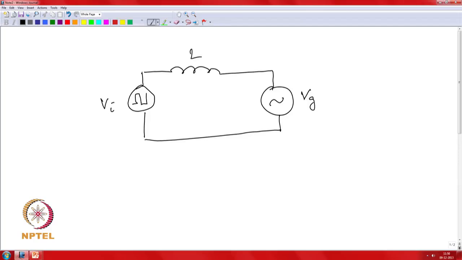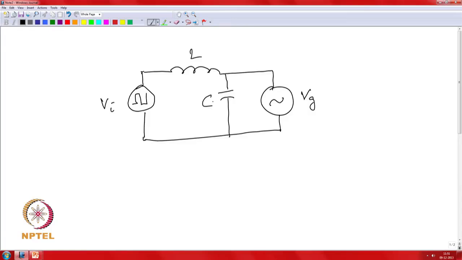The first question is where to place the C. You definitely could not place the C on the inverter side, because you have to switch from a voltage source to a current source. So, you cannot have the capacitor here. So, you could think about possibly connecting the capacitor here,